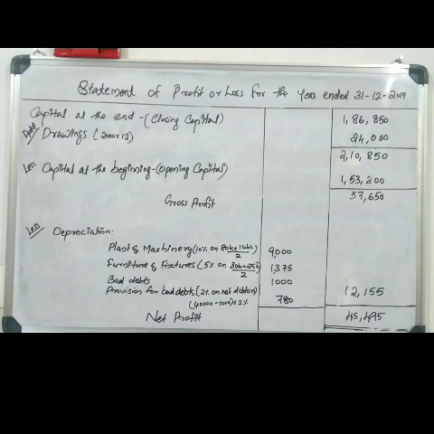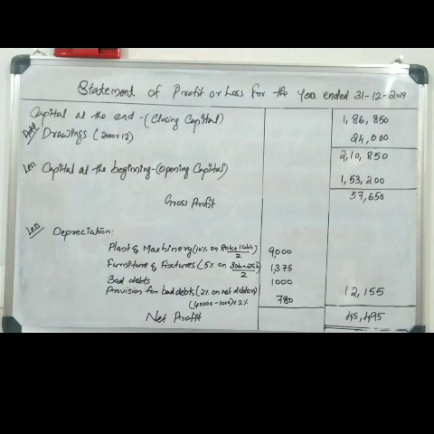So in the question it has been told that the trader has made drawings of 2,000 rupees per month for his family needs, right? So 2,000 per month means for the year it is 2,000 into 12, that is 24,000. So adding drawings of 24,000 along with the closing capital of 1,86,850,